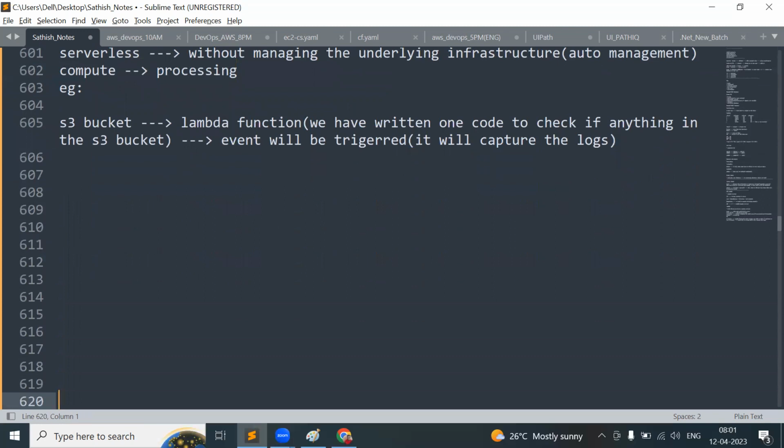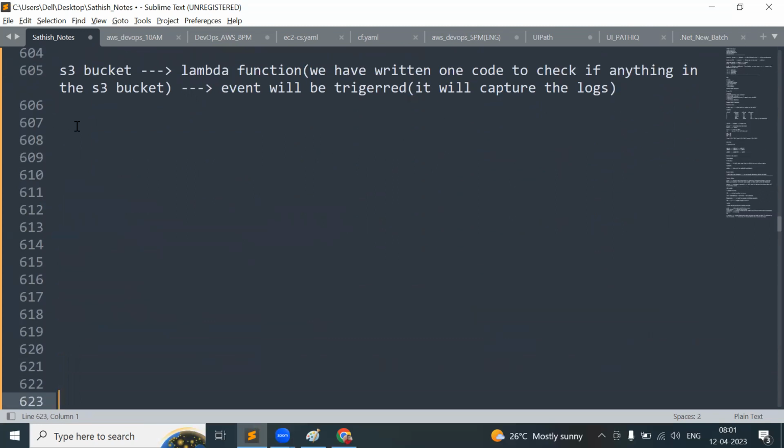So we are going to see one demo. I'll show 3 demos in this Lambda itself. Today 1 demo, tomorrow 2 demos I'll be showing. So just listen. Demo 1, what I'm going to do,